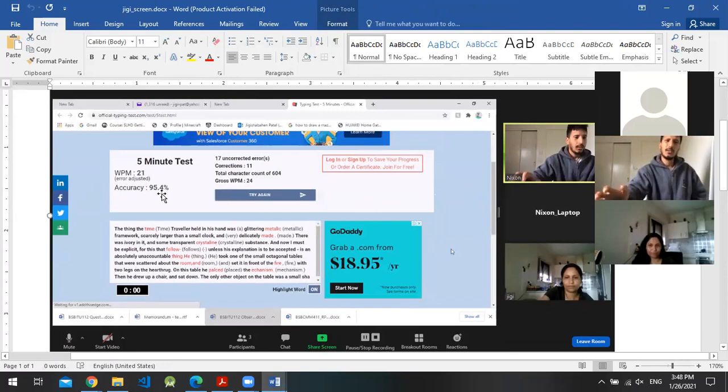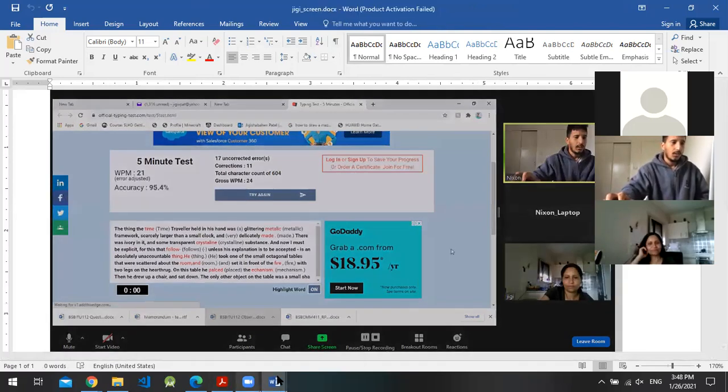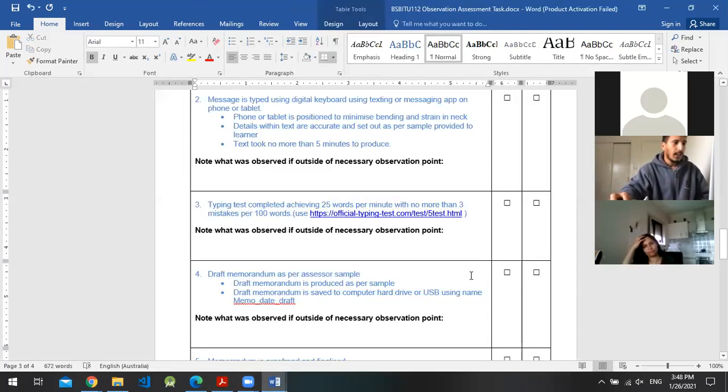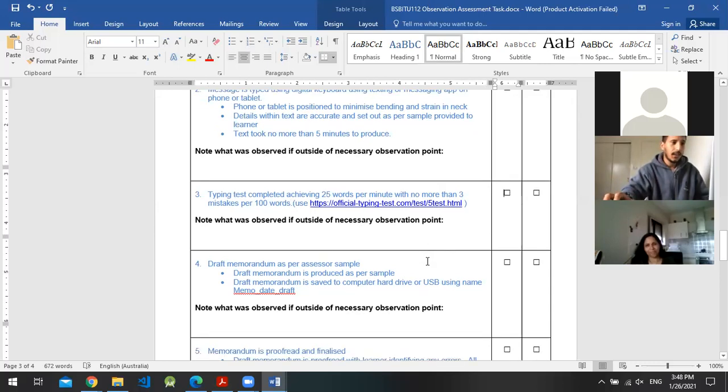So basically around 24 words per minute, which is around the speed limit of 25. It's almost there. So I'm gonna click it as satisfactory, and there weren't many mistakes. The maximum error was 3 in 100 words, which was under. Wow, that's good. So satisfactory.